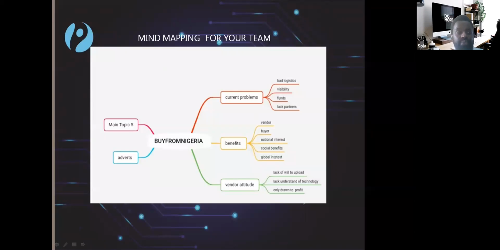Vendors were misbehaving. You would beg them to upload, they would not upload. You would tell them to do this one. We had to segregate them and put them under vendor attitude. Now, as you keep ideating, every time you come, by so doing, you're able to have a team